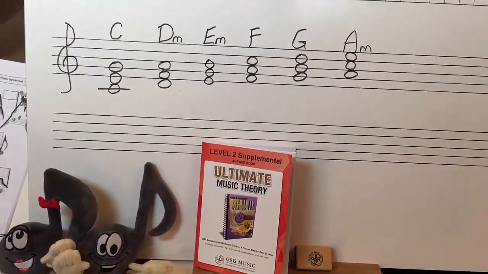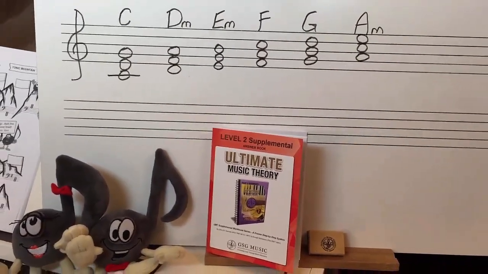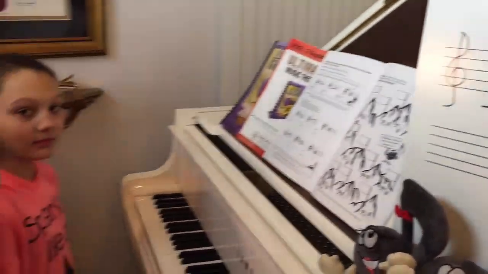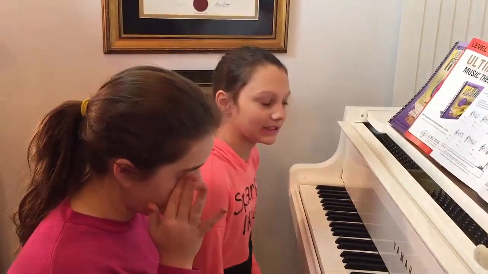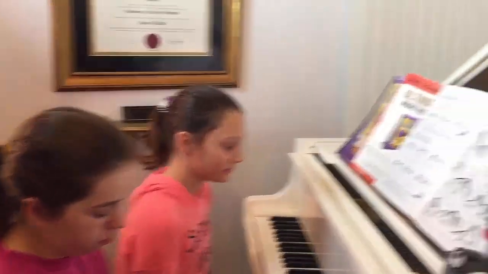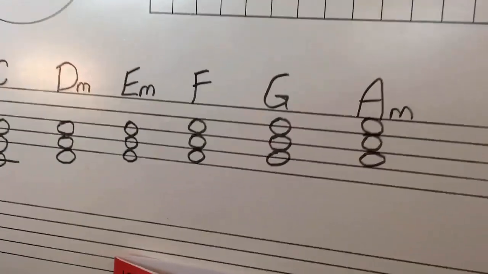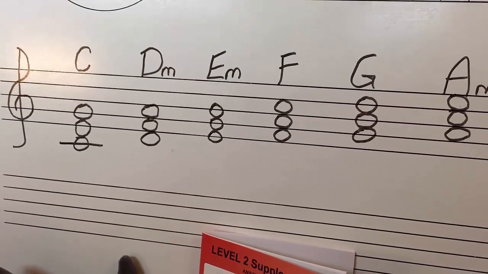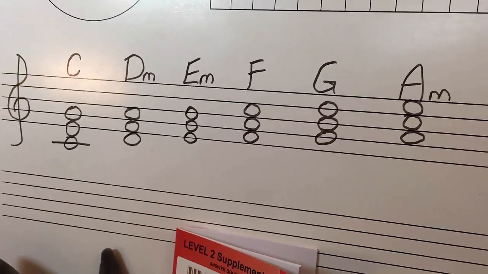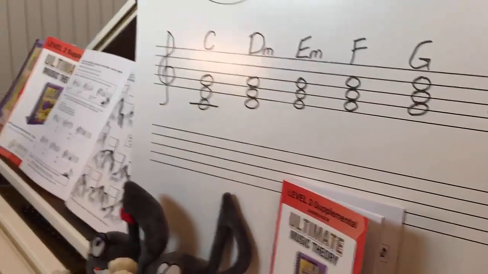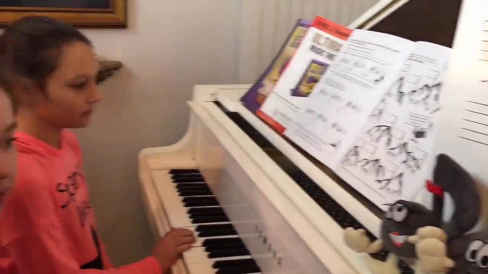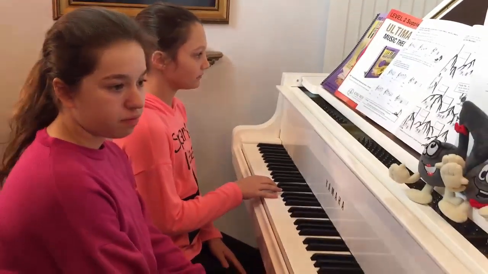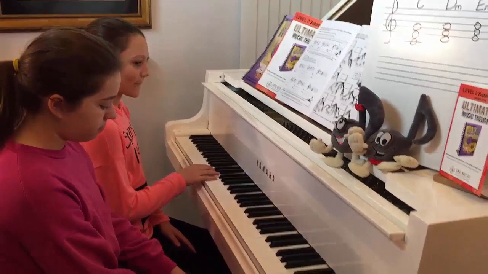So today we've been learning about the root quality chord symbols, and now we're going to play them. So Sophia, you're going to play them, right? And we're just going to pick 4 of them. So we're going to play C chord, D minor, F major, and G. And you're going to give each one of those just 2 beats. And Jillian, you're going to play a little melody and just move by step or by skip. So we're just going to do a little improvising here, a little composing, improvising.